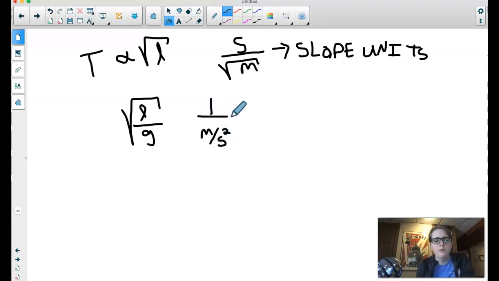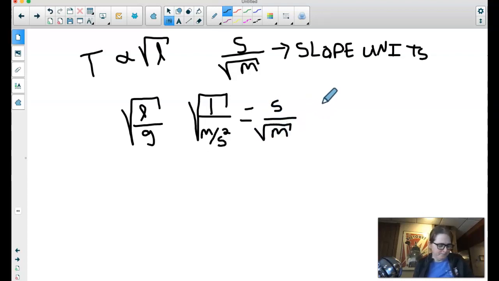If I do 1 over that and take the square root of that, I end up with units of seconds over the square root of meters, which tells us that our units work out if we have square root of L over g. But the numbers don't work out, because depending on the units you used to measure the length,